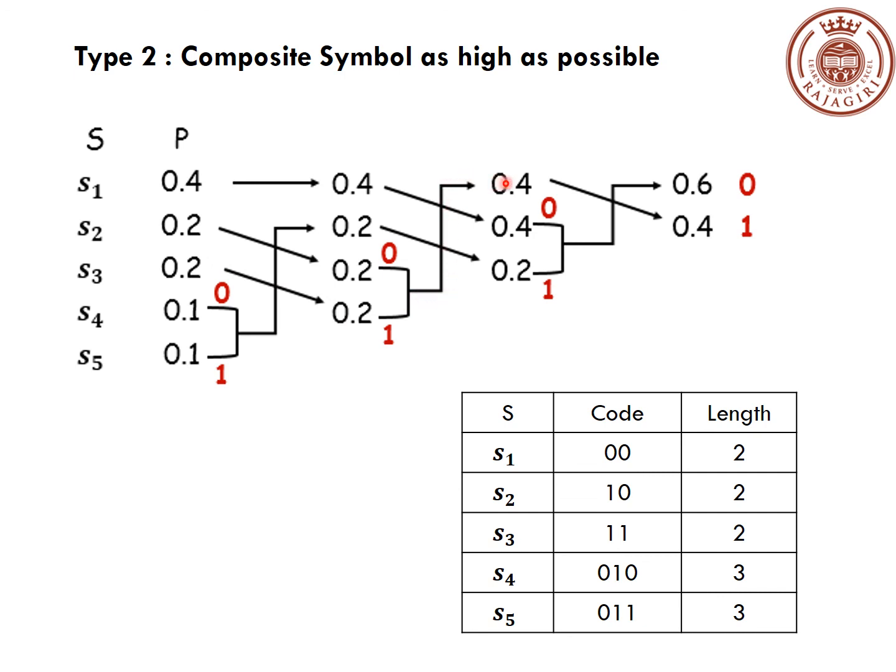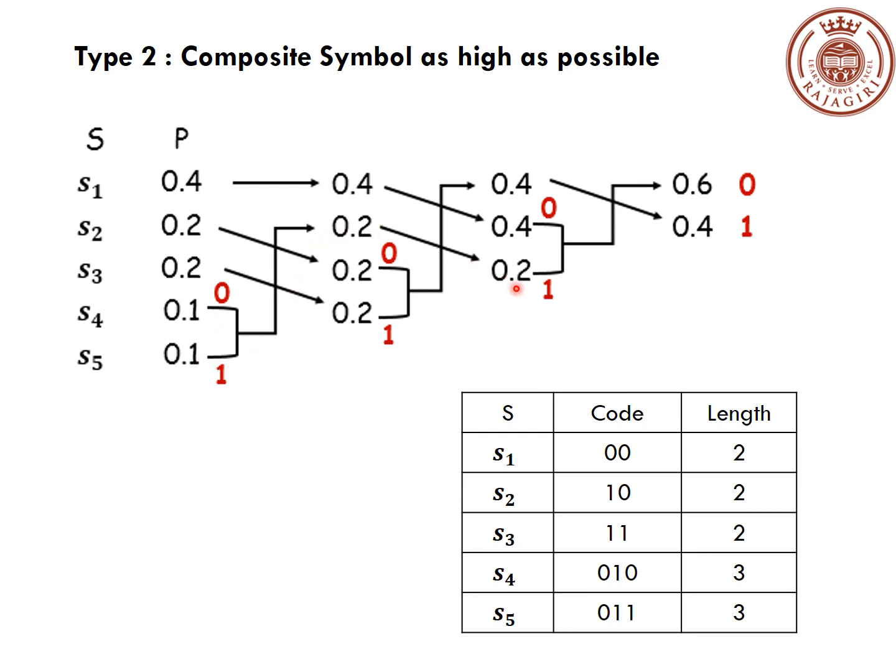Okay, next S3, the 0.2 is here, that was added to make 0.4, and that is here. Okay, so if I trace it back, 1 1 1 1, that's it. Okay, next is S4. S4, 0.1 is a probability. It started off from here, here, here, and then it's 0.6. So the value is 0 1